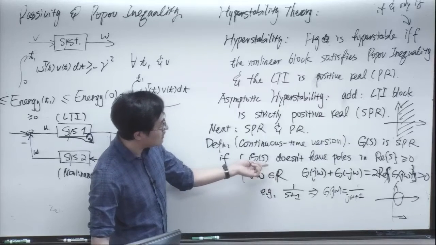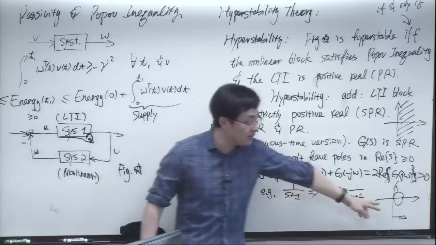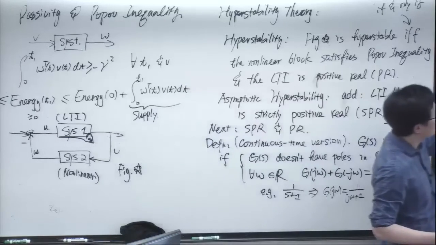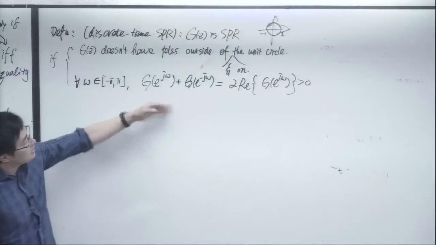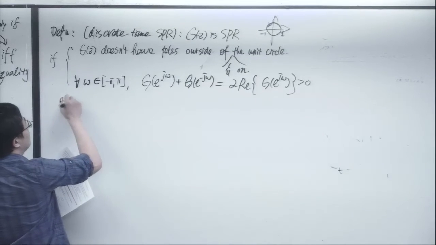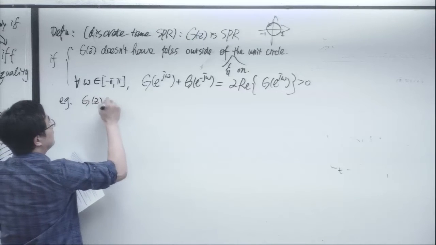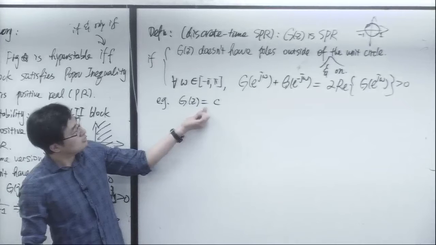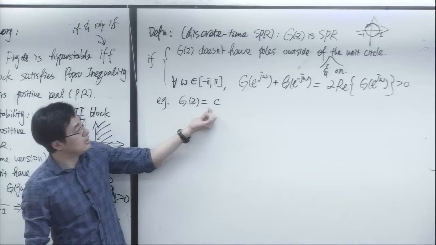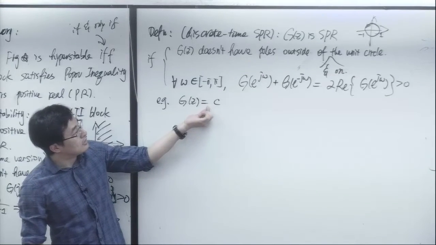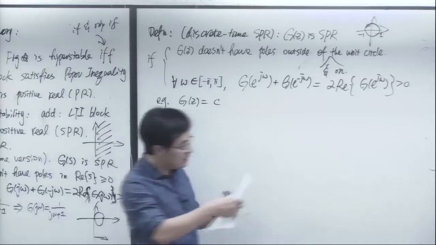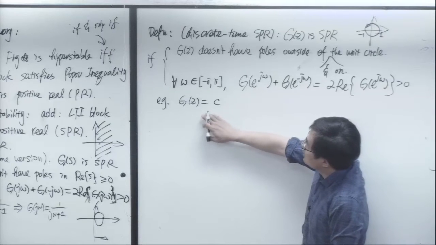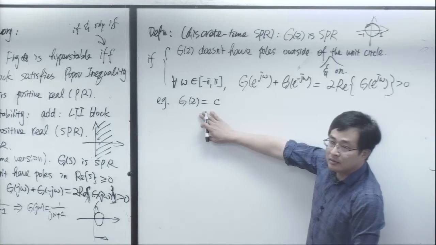Even a stable transfer function doesn't always have this property. Right? I will do one example for this case. Same idea here. Let's talk about some examples. If I'm just a constant transfer function, so it's a static gain for the system, then first of all, let's think about, is this system passive or not?